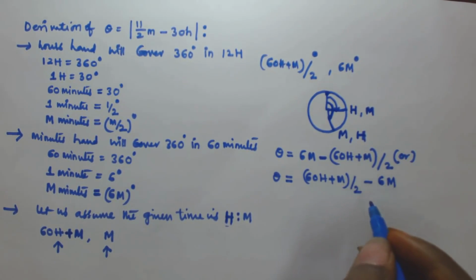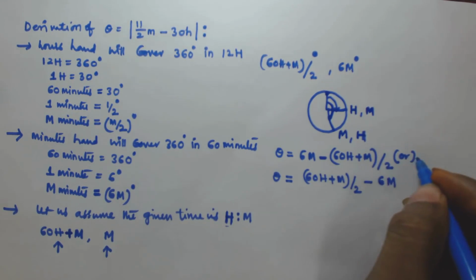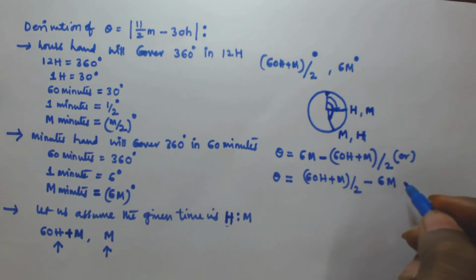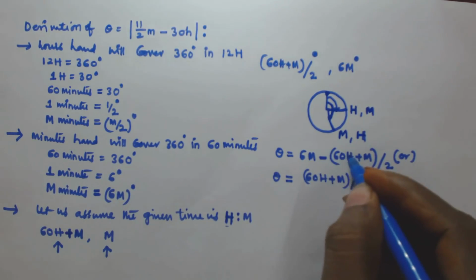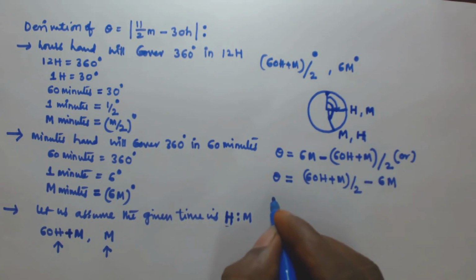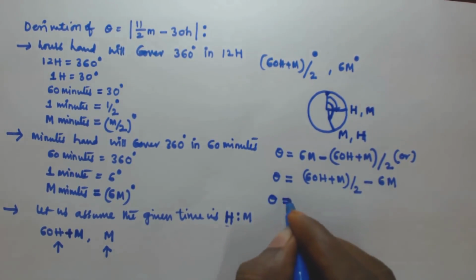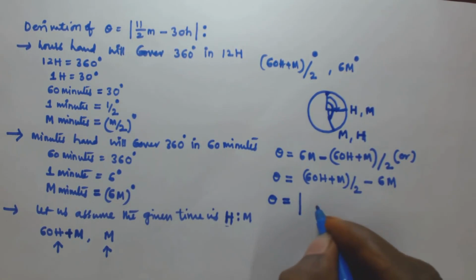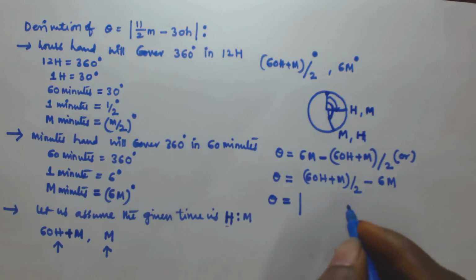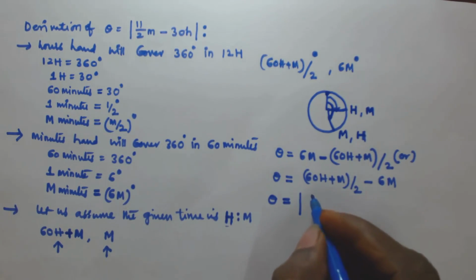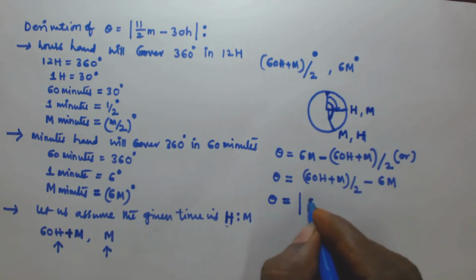Both cases are possible, so we put this into the modulus. When modulus is there, a minus b is going to be equal to a minus b or b minus a. In the same manner we take only one of them by putting it in the modulus,